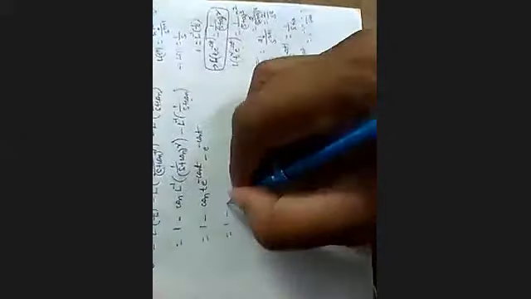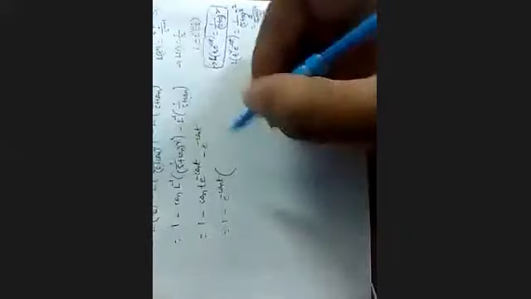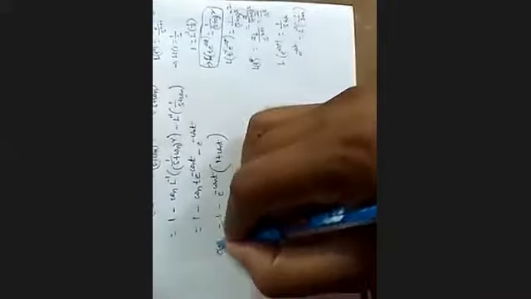So 1 minus e power minus omega n t is common here. So 1 plus omega n into t. So this is the final form. That is the response here. So very, very important: c of t equal to 1 minus e power minus omega n t, times 1 plus omega n t. Okay, so it is a critically damped system. So critically damped second order system.